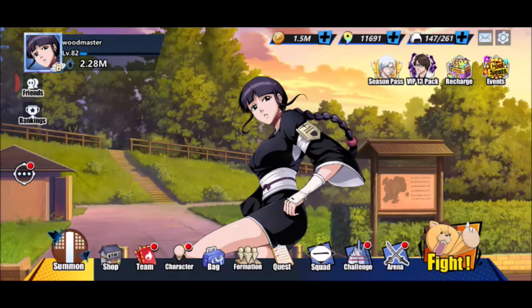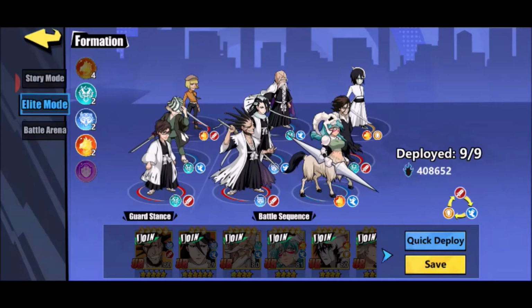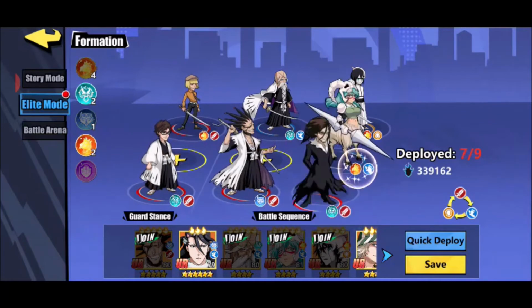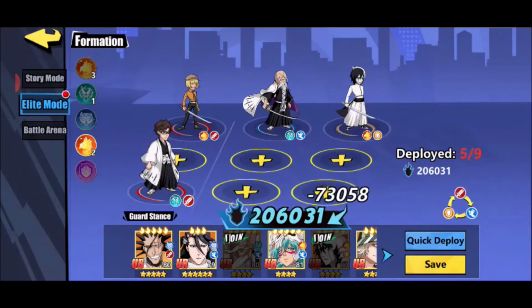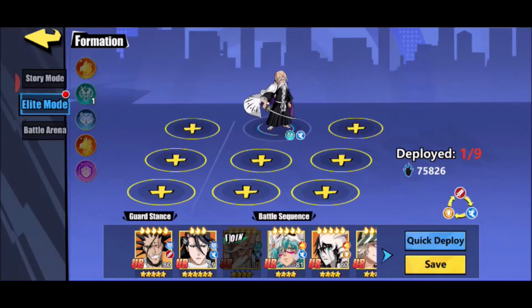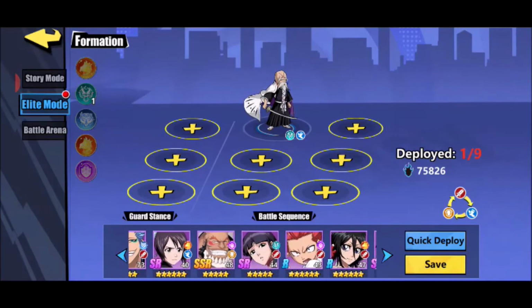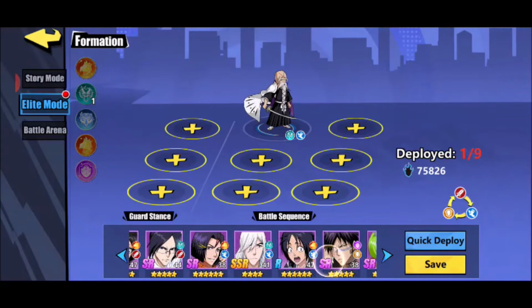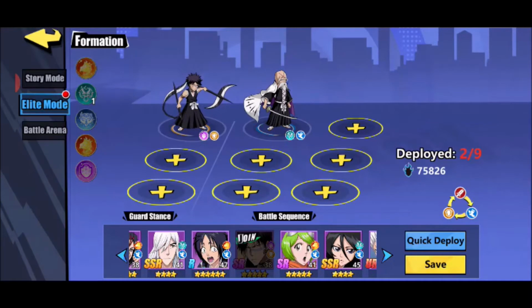Basically what I do is I go to fight, elite, formation, I throw them all out, which sometimes works better and sometimes doesn't work at all. Okay, yeah, I need to have one character at least on the field. For instance, let's test if, where is he? Shuhei, he gives a defense bonus, and yeah, now we can see if it also applies if he